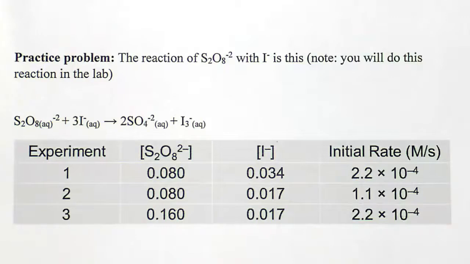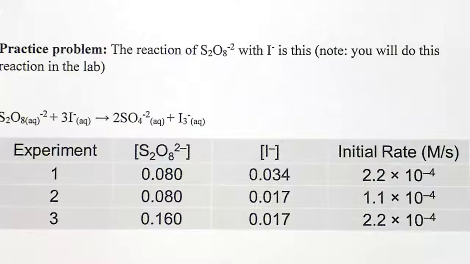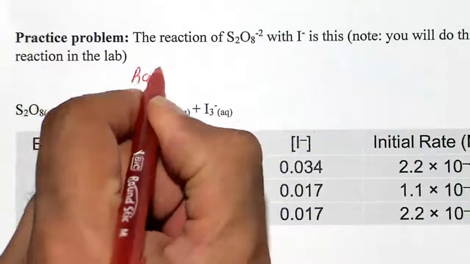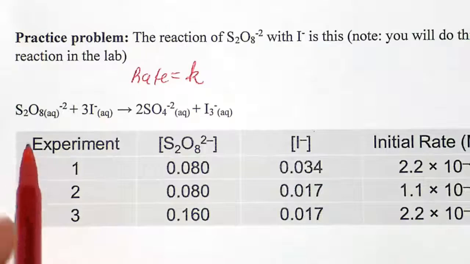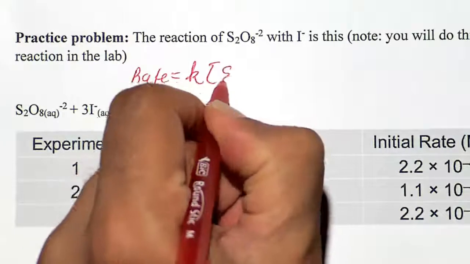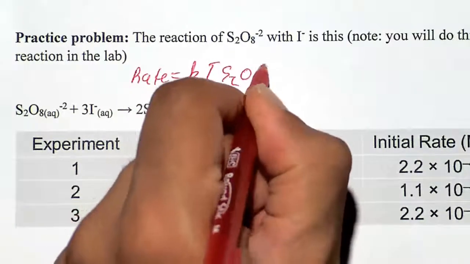Next, determining the rate law and the overall rate of a reaction for a reaction that you're going to perform in the lab: S2O8 2- reacting with the iodide anion. This reaction is going to be done in the lab. You're going to notice a color change, or the color disappearance. And how will we determine the rate law? So look at this reaction here again. The rate law is going to be: the rate is going to equal the proportionality constant K times S2O8 2-